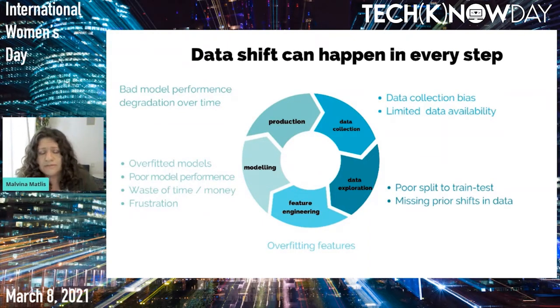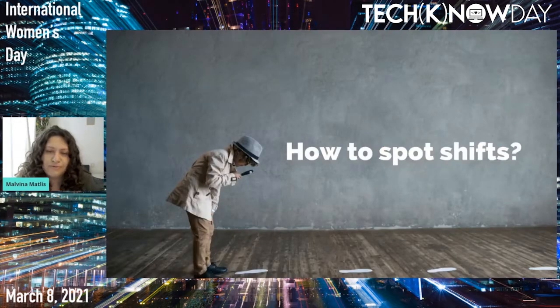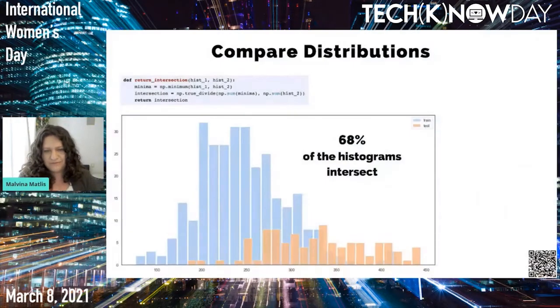So keep that in mind, because you need to find it on time and avoid wasting time, energy and money. So now that we know why it's so important to find them, let's see how to spot the different types of shifts. The easiest way: visualize your data. This simple snippet of Python code, you can find the source in this QR code, will actually show you that,